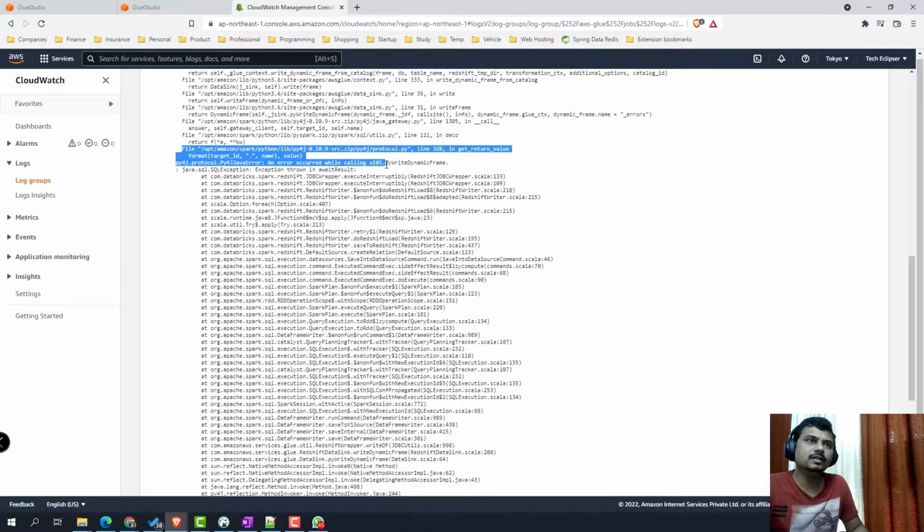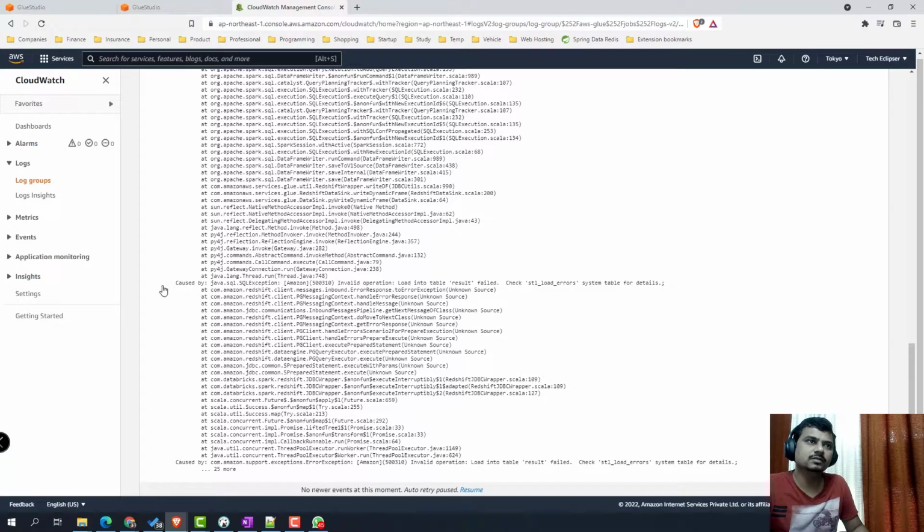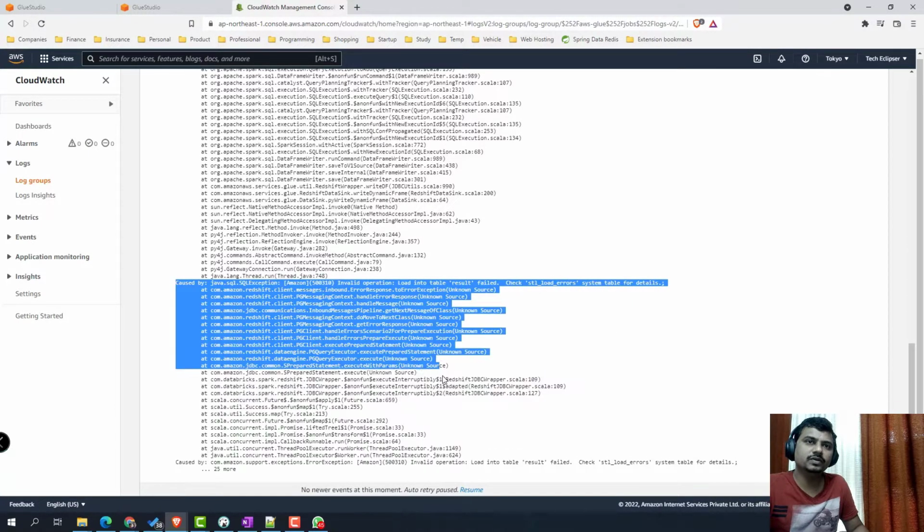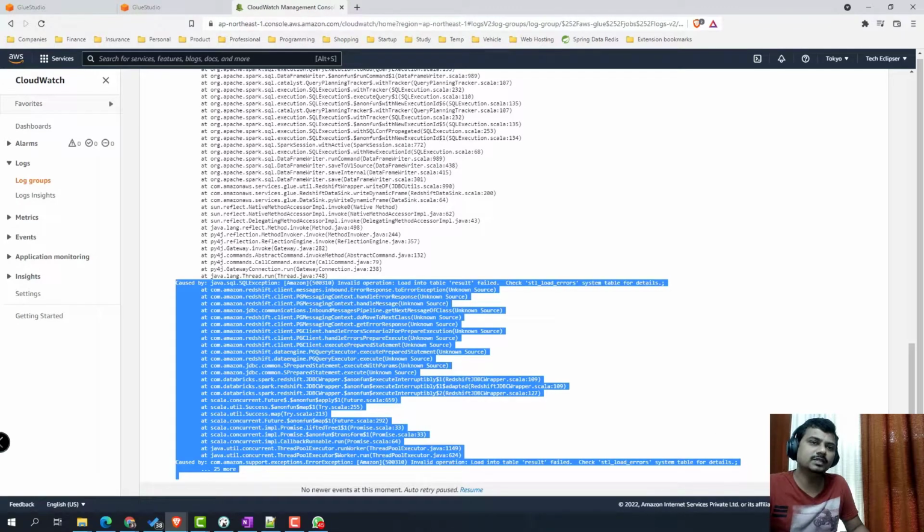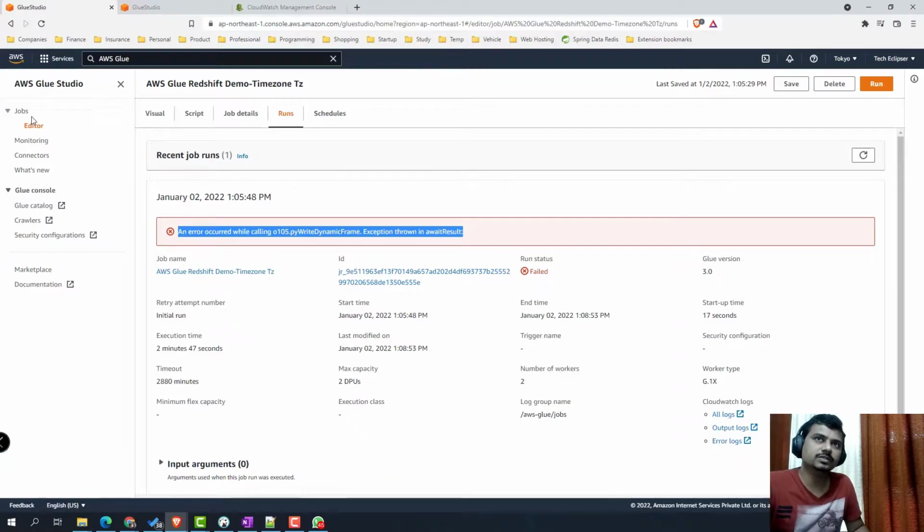Here we will get that exception. So it's a loader error. When you're dealing with timestamp with TZ, you will get a similar kind of exception.